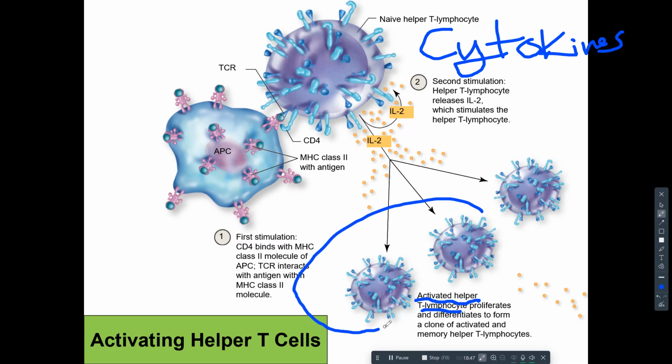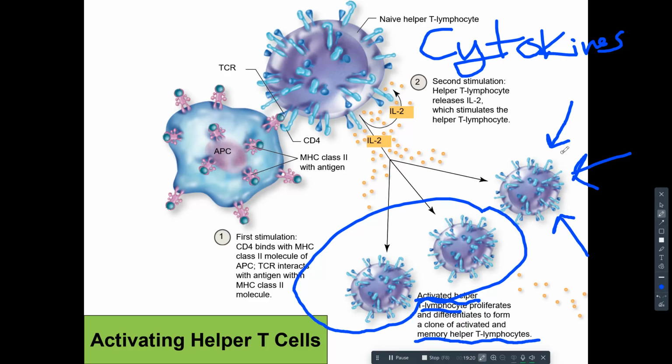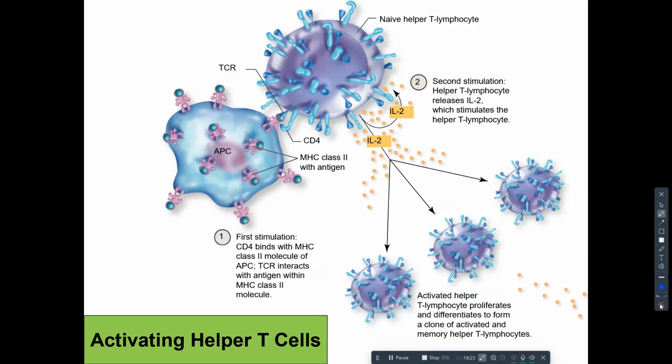So let's say these two guys are activated helper T cells, all right? But this guy over here, this guy is not purposed for the current response. This guy is a memory helper T cell. He is there for subsequent exposures, and his production underlies why our response to subsequent exposures is so much faster and stronger than our initial response. Okay,